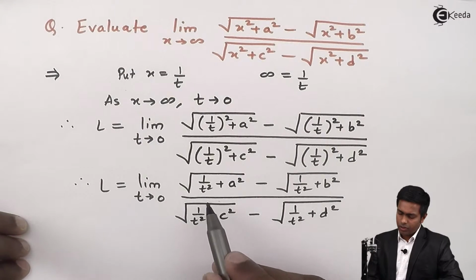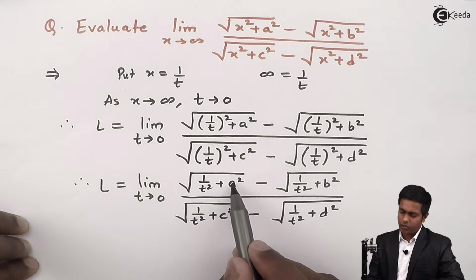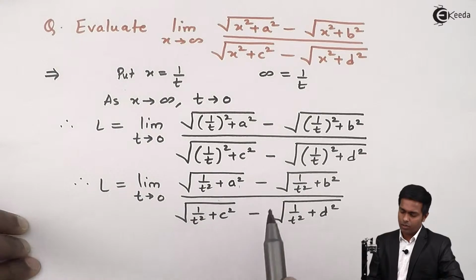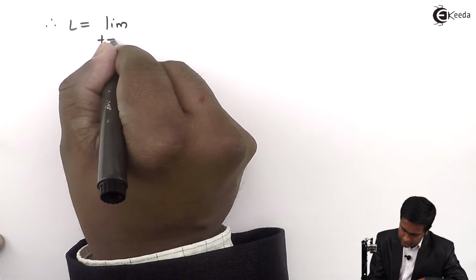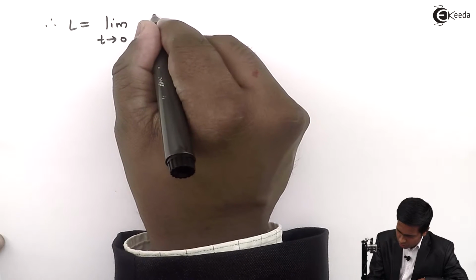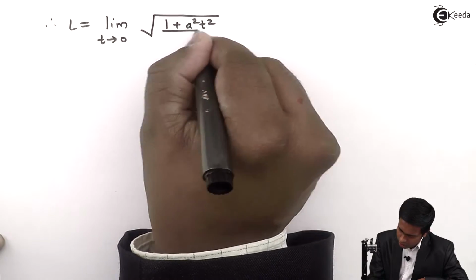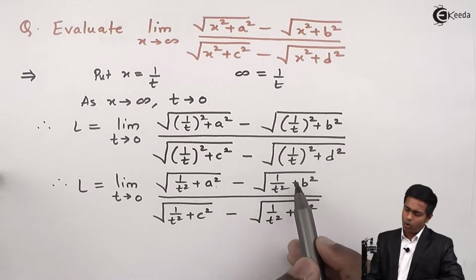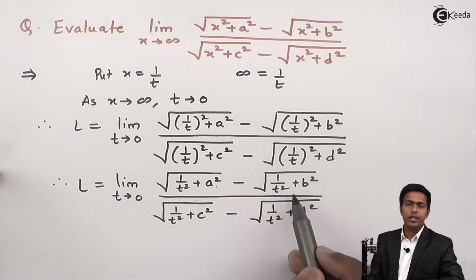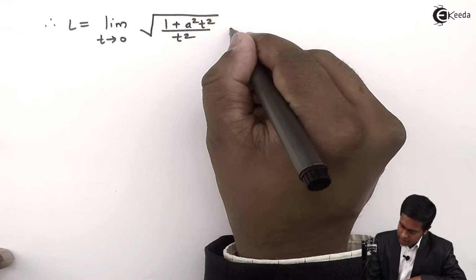Now here we'll do the cross multiplication. So here we'll get 1 plus a square t square upon t square. Therefore L will become the limit as t tends to 0 of the square root of 1 plus a square t square upon t square. Similarly here we'll get 1 plus b square t square upon t square, and so on in all the terms. So minus,